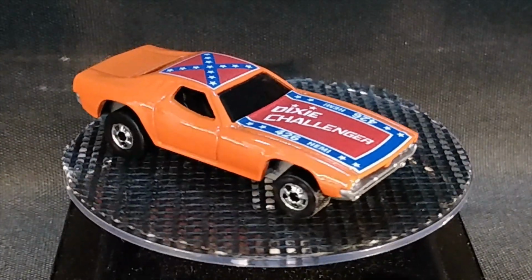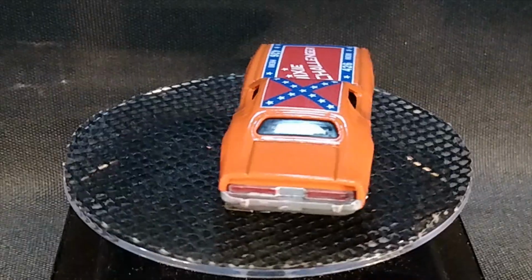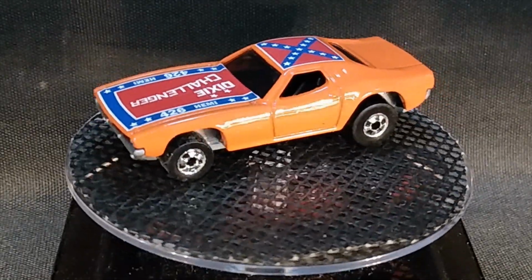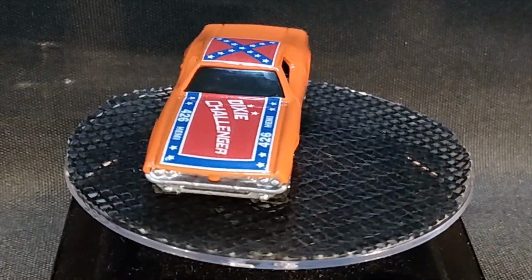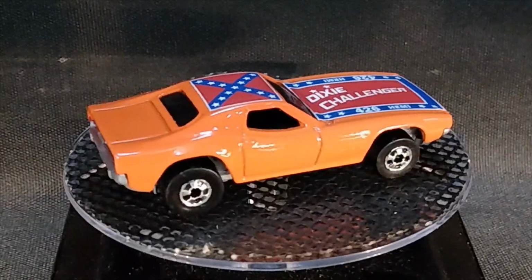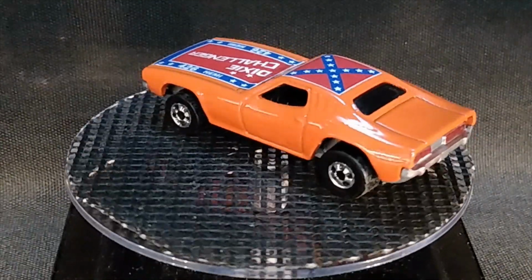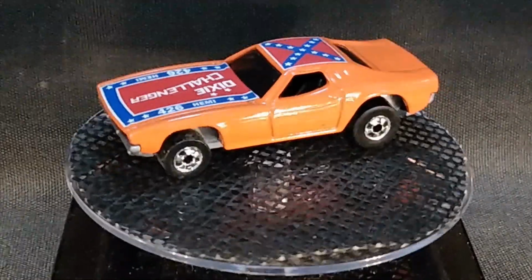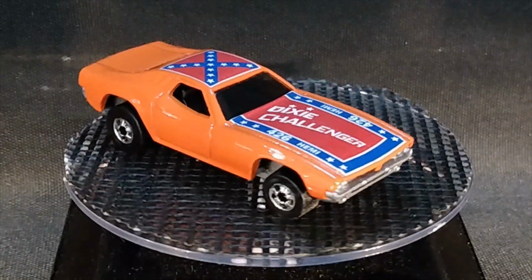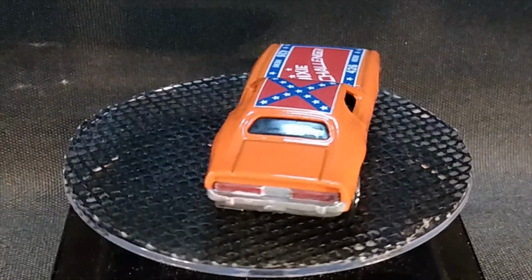And here is our completed Dixie Challenger. The one I've been chasing. This one is a later model, but still it qualifies. It's the correct casting, and we stripped it down, and I painted the base using the Bright Coat Chrome, which came out just a little bit on the not so shiny side, but that's all right. It kind of emulates a metal base, and of course we painted it the orange,